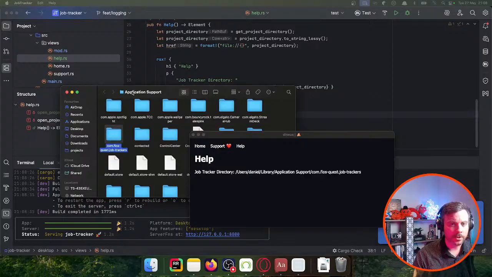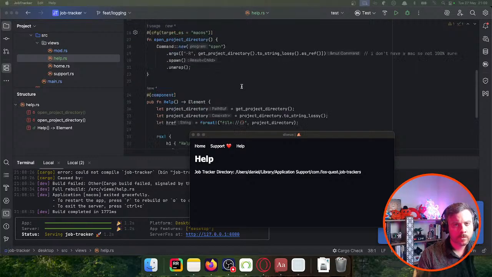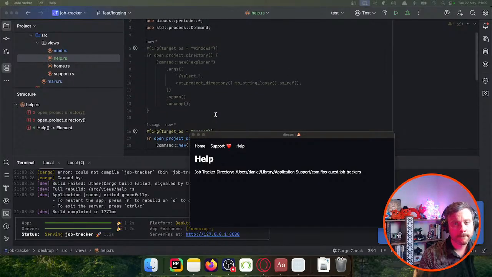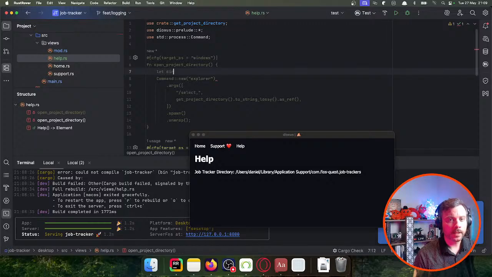Interestingly, it only gets as far as application support, which I probably shouldn't have thrown onto the stream just in case. Don't see anything telling in there. There is something called store wallet, but since you can't see what's inside, I'm just going to assume it's fine. Anyway, it only goes as far as application support, which makes me wonder if maybe there's a problem with this space, because we are throwing it into this, like we're basically doing an exec, and then we've got a string with a space in it, which doesn't feel right. So I'm wondering if we do let dir equal